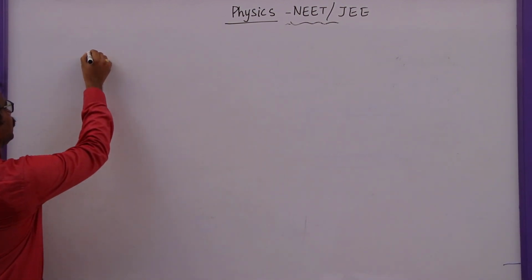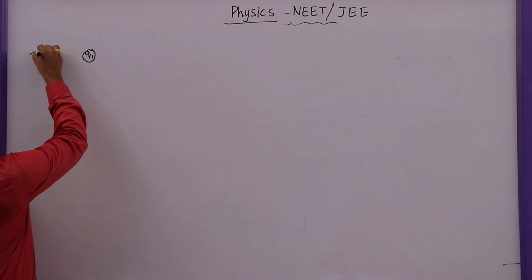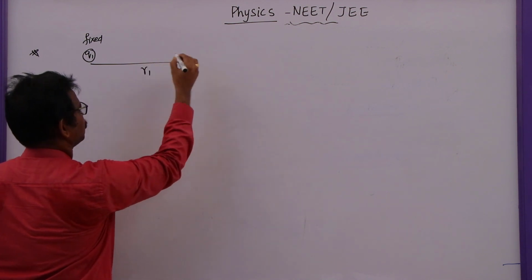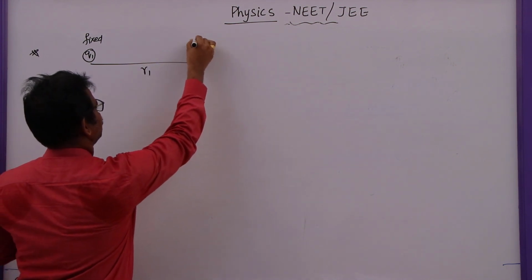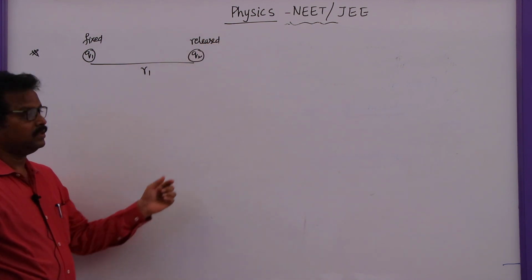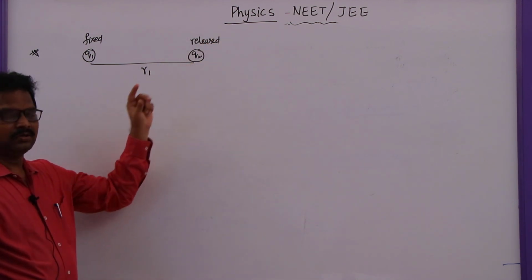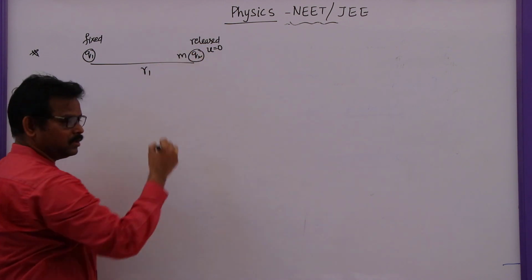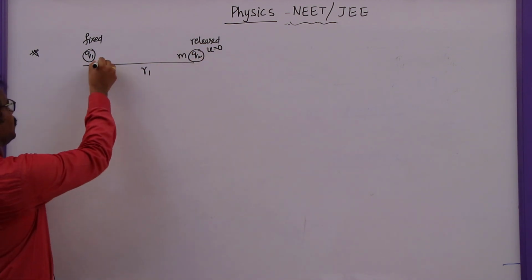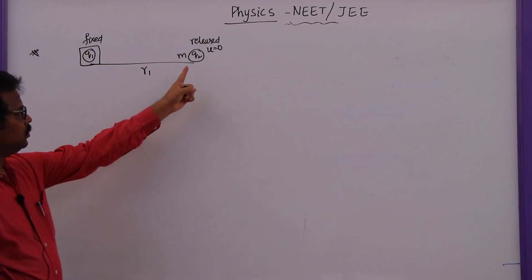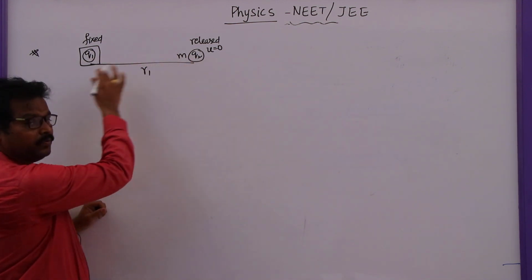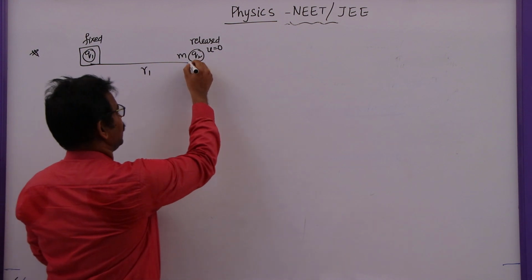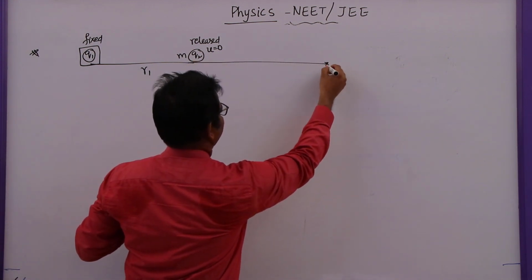Here, let me take a charge q1, which is fixed here, and this is r1. Another charge q2 is released. So when this charge is released from here, released means the initial velocity of this charge we should take as 0, and the mass of this charged particle is m. Here this first charge is fixed. So when it is released, due to the repulsion between these two, the first charge being fixed, the second charge will move away from this one along the electric field line. So let us say it reached a point.